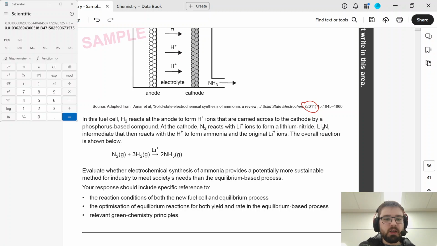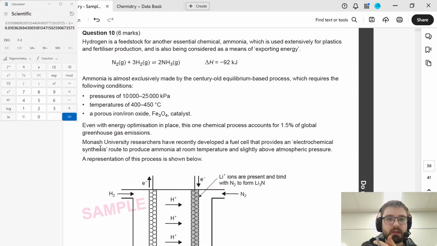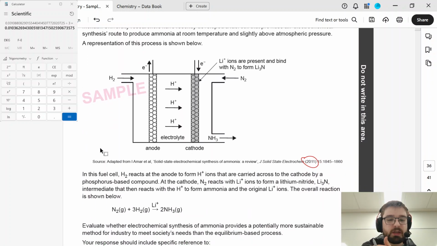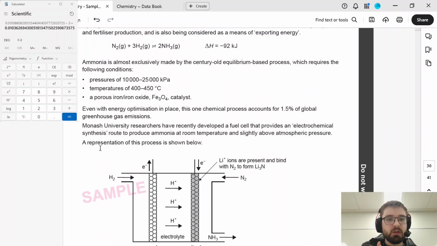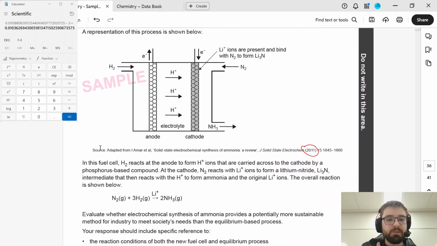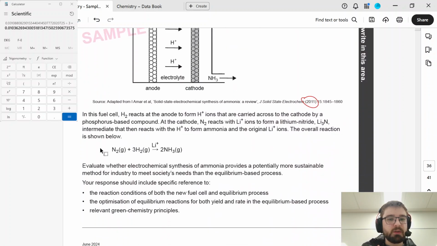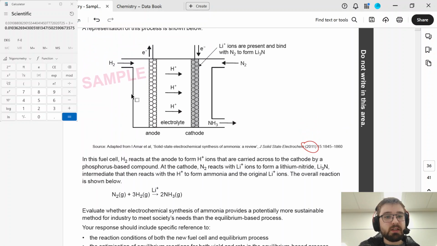I could write it down, but the reaction conditions, so you basically say it operates at a lower temperature, it operates at a lower pressure. Do they tell you what? So the lower temperature will mean that there's a higher yield. The lower pressure will mean that there's a lower yield. However, you could say it costs, now in terms of sustainability, so the yield, there's going to be ups and downs from the yield there. You could say that it's going to use less electricity in the process, or potentially less electricity in the process,